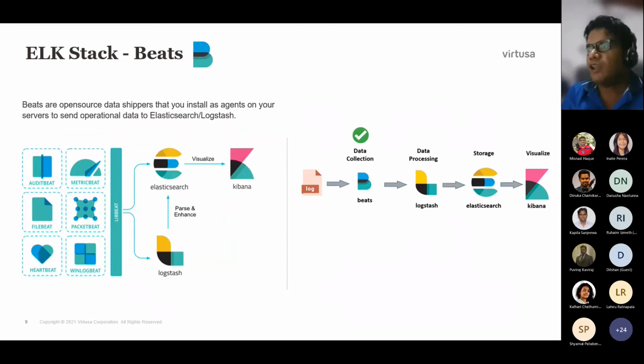And then I'll move into the Beats. The Beats have been written by the Elasticsearch guys. Now you might have the question: why can we not deploy Logstash first-hand, because Logstash also has the capability to read the logs from the file and put them into the Elasticsearch?